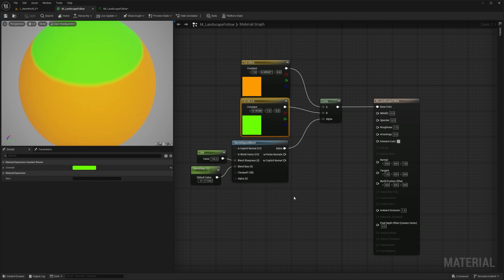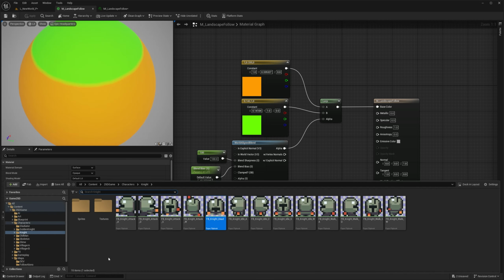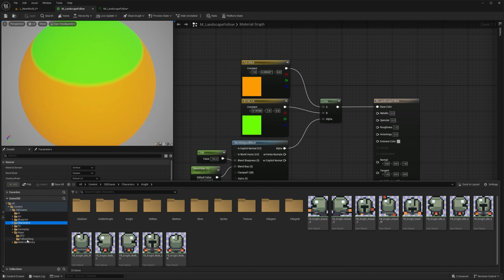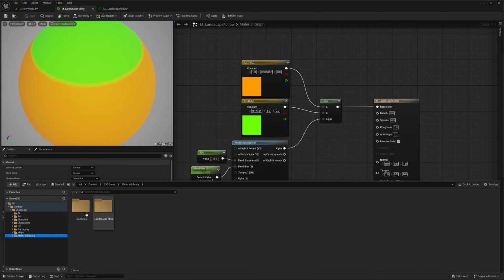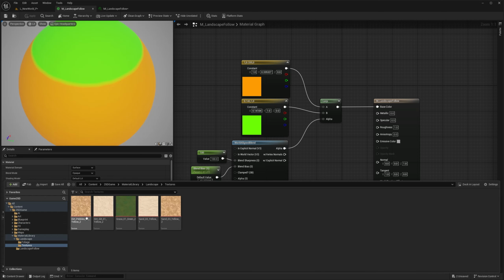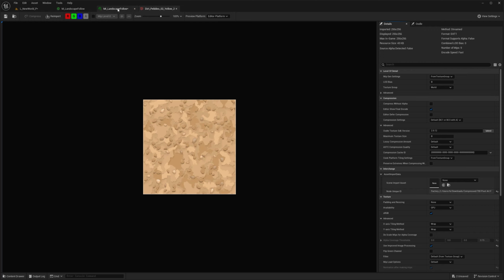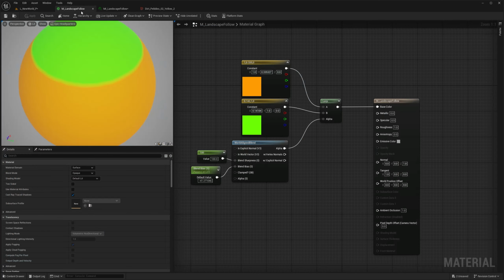There are two ways to do this. So the first one, you can just click and drag a texture in here. So if you want, you can just go to the content drawer, bottom left. And if you go to my material library, the first landscape, there is a folder called textures. I went ahead and added a few textures for you here, and you can double click and take a look how they look like. They're very low resolution by design. Oops, let me go back here.